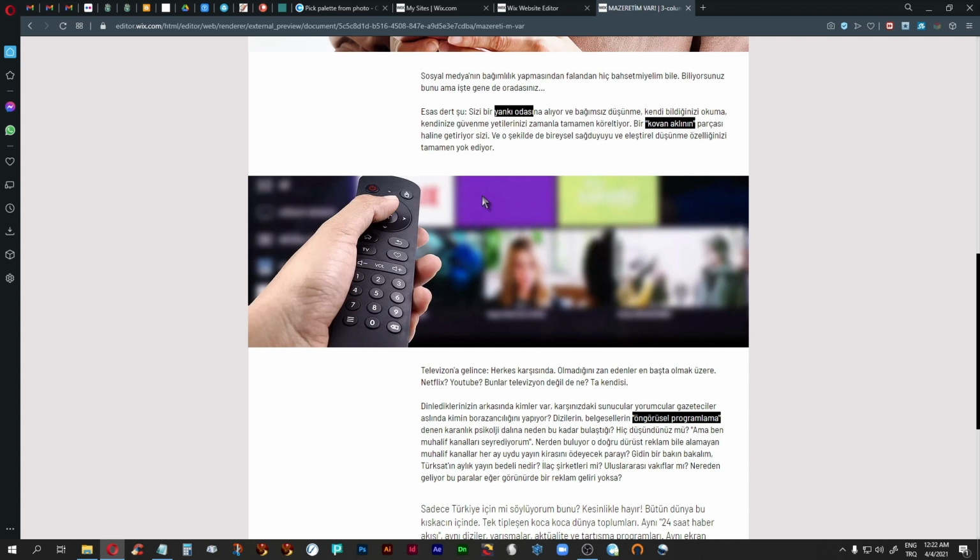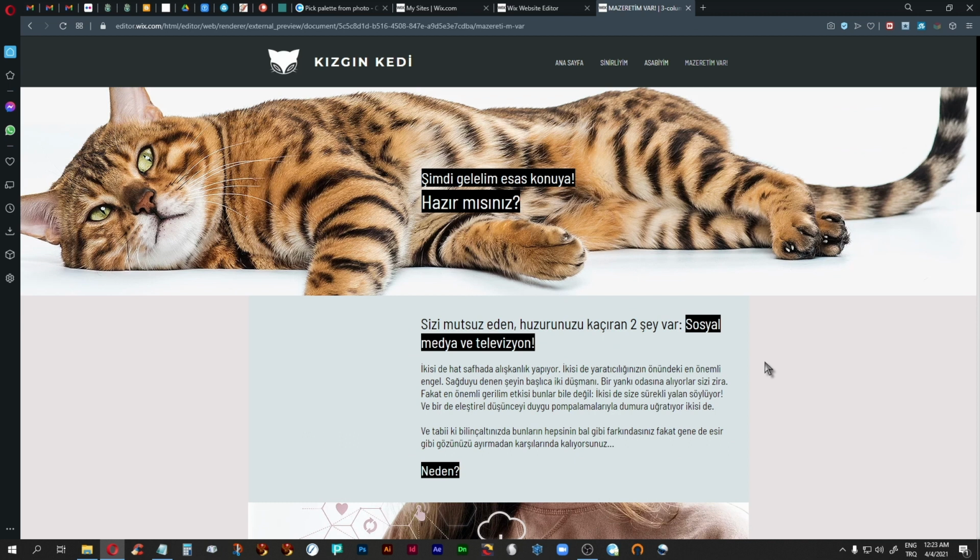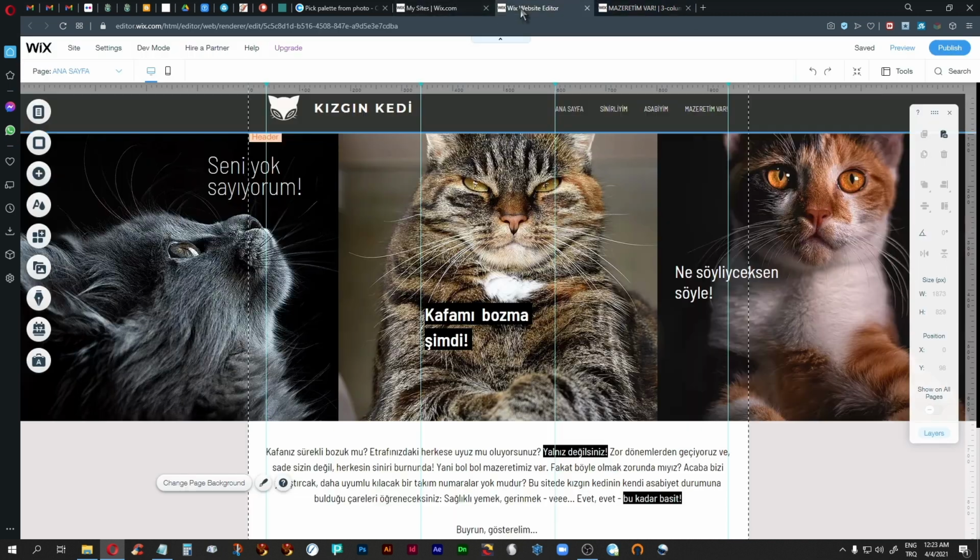Now I would not be able to use a photograph like this with such a big purple area if, for example, I had a bright blue or a bright pink or something like that here on the side. This only works when you actually have a very neutral color scheme that you can set these photographs up against. So now let's